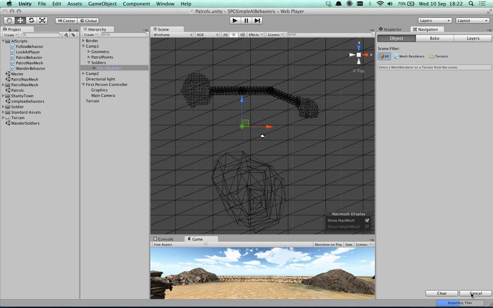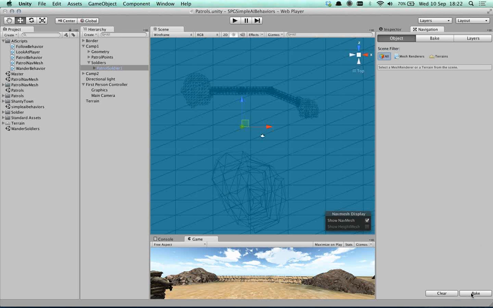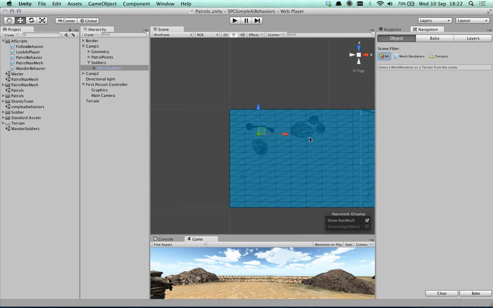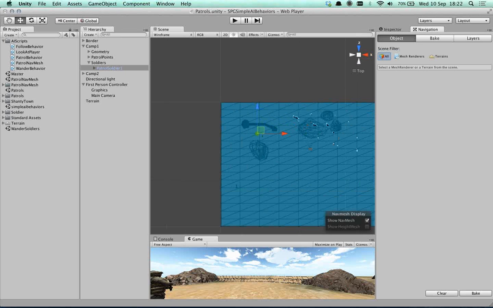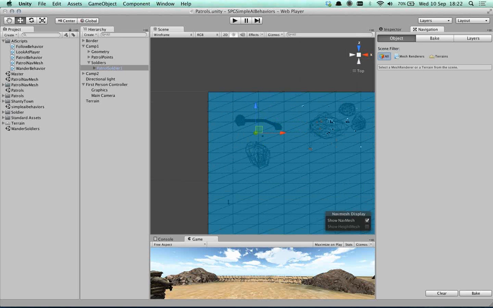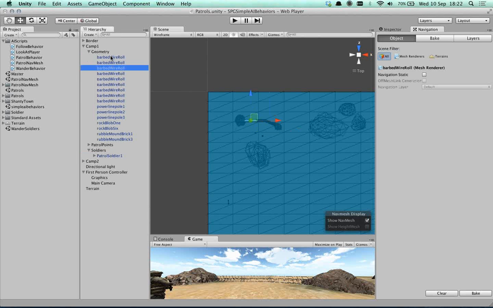So give it a second. Basically, what we've just done is said that everywhere in this scene, except there apparently, is walkable. Well, we know it's not, right? We know we've got these stones, we've got this wire, so we need to have a rethink of that. So what we need to do is, in fact, all of these items here,